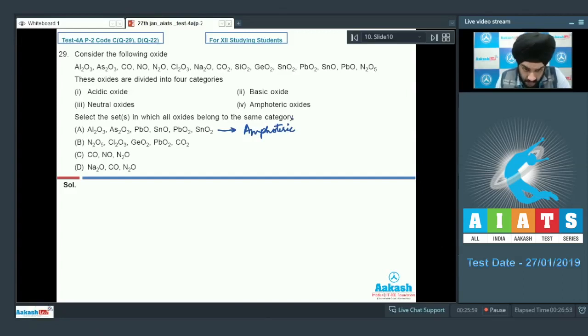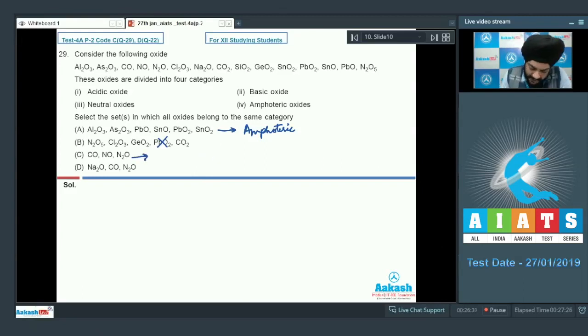If you look at the second option now, N2O5, Cl2O3 is talking about the acidic oxides. So N2O5 is acidic, Cl2O3 is acidic, GeO2 is also acidic as per NCERT. PbO2 is not acidic, it is amphoteric, and CO2 is also acidic. So 4 of these oxides were acidic, but the 5th one is not. The PbO2 is not acidic, it is in fact amphoteric. So this is incorrect. If you look at option C now, in option C the examiner has clubbed CO, NO